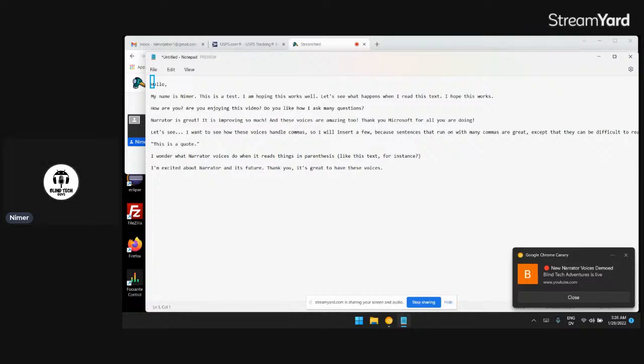I'm going to go ahead and start nitpicking a little bit, and these are probably going to be preferences, not so much what everyone prefers, but my own personal preferences. One of the things I notice is that every time it starts a sentence, it starts at a very high pitch. So, as an example: